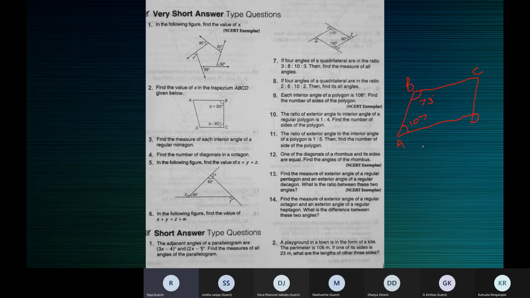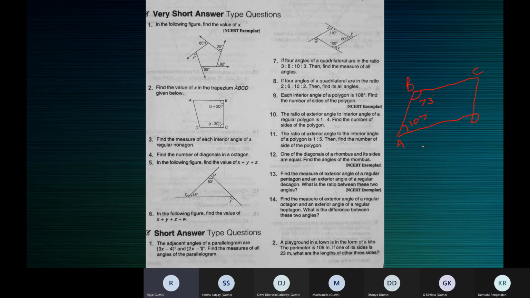And the total sum, it will become 45 degrees, ma'am. 5x is equal to 185, correct? Yes, ma'am. So x, 185 divided by 5 is equal to 45. No, it's not 45. Check again. It's 37. Sorry, ma'am. So x is equal to 37 degrees.